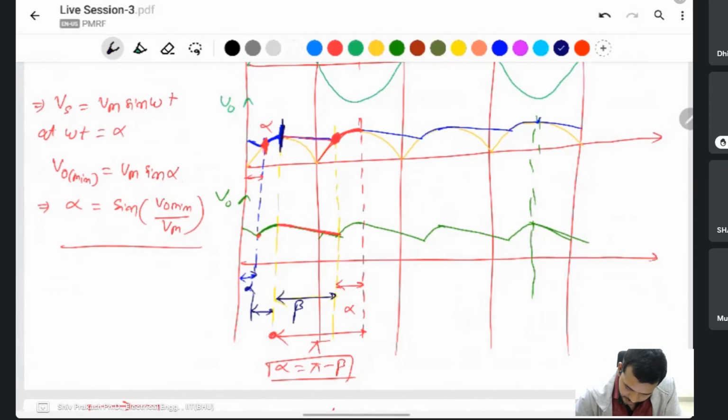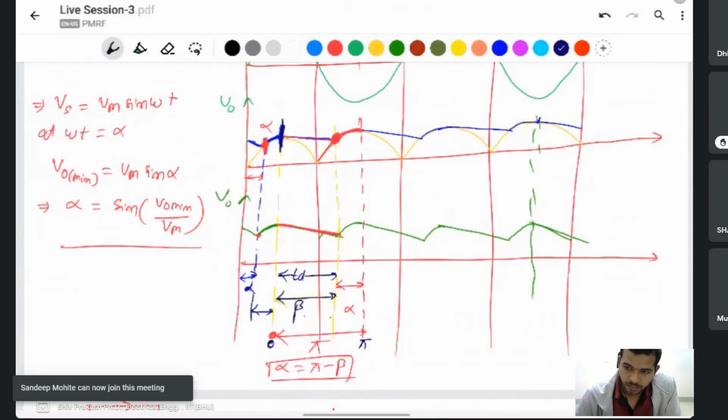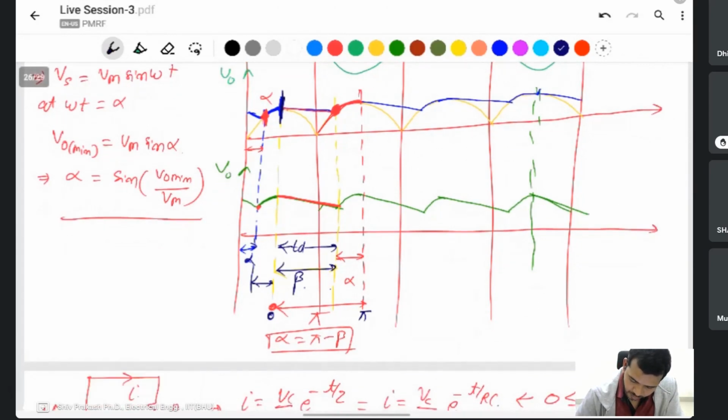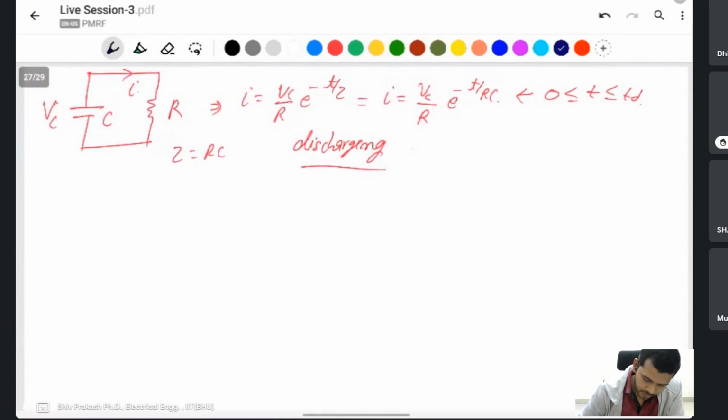If you take this one as 0, and this one is pi, and this one 0 to Td, this is the discharging time, same as the beta angle. Then you say omega Td, the delay time, is